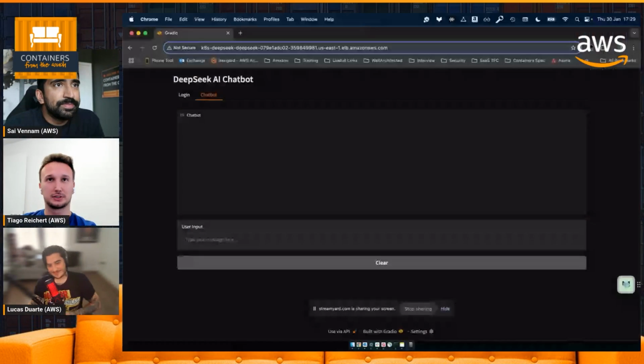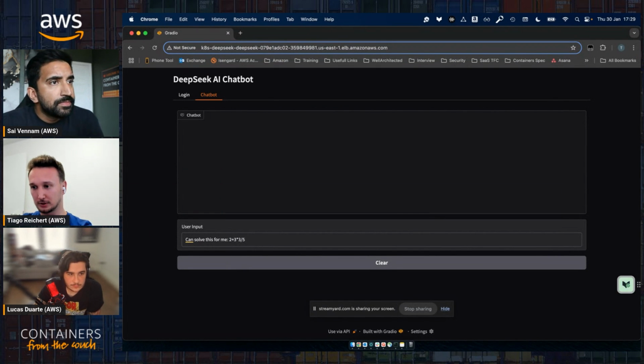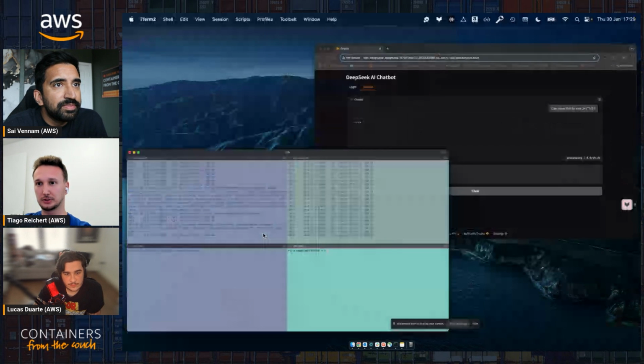So Tiago, let's start with you. You have this up and running on EKS already, right? Yes, let's see how it works. Let's start with a mathematical question, maybe. Can you solve this for me? Let's do a simple equation here, but let's see if it explains that you have to do divisions and multiplications first. And while it's loading, it might take a few seconds to finish, but we can also see the